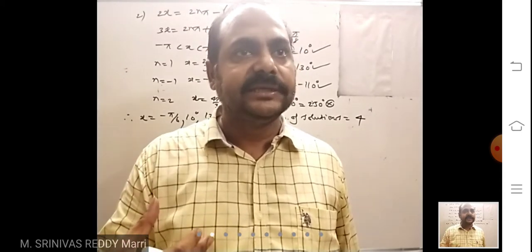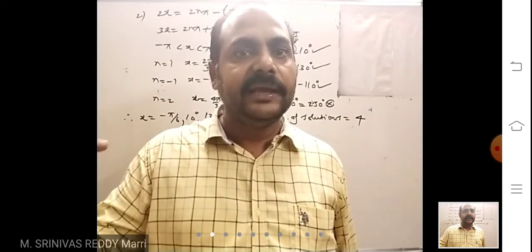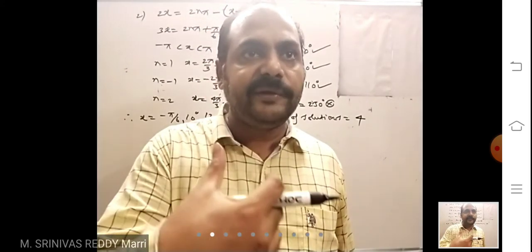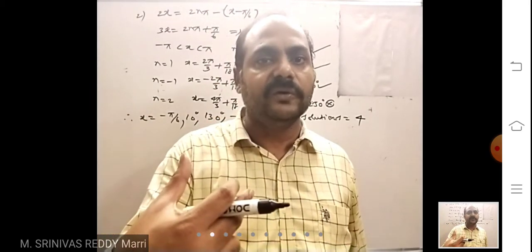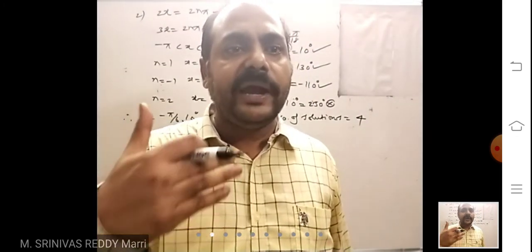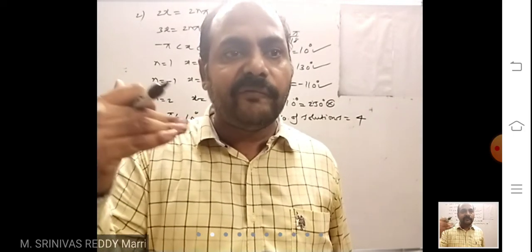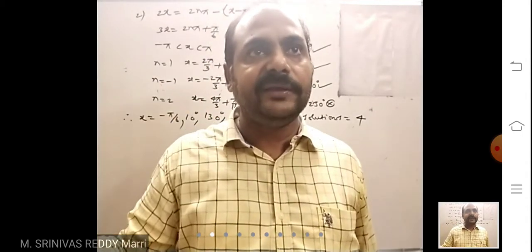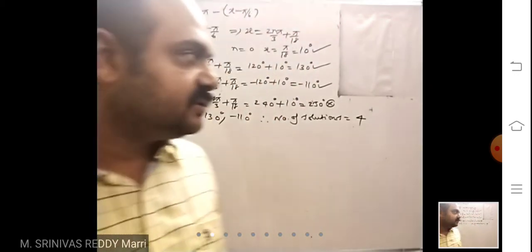Next, tan x. Tan x lies between minus infinity to infinity. Tan square x greater than or equal to 0 always. Similarly, cot x, it lies between minus infinity to infinity. Cot square x is greater than or equal to 0. These are the extreme values I told. And also I told about a sin x plus b cos x plus c. Minimum value is c minus root of a square plus b square. Maximum value is c plus root of a square plus b square. Okay, now those are the extreme values.